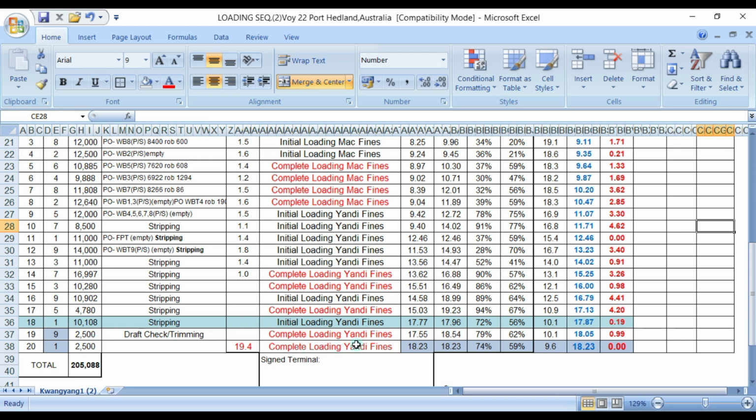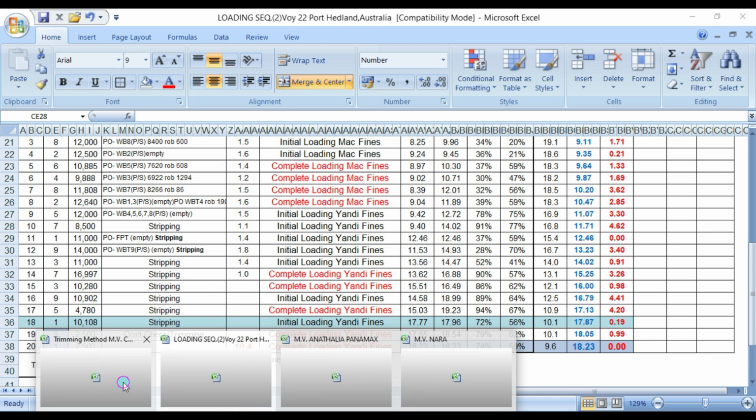Okay, so let's assume that after reading the draft forward and aft and midship around the vessel with the draft surveyor and chief officer, we have to input the draft that they have read. Okay, so let's go to the program.